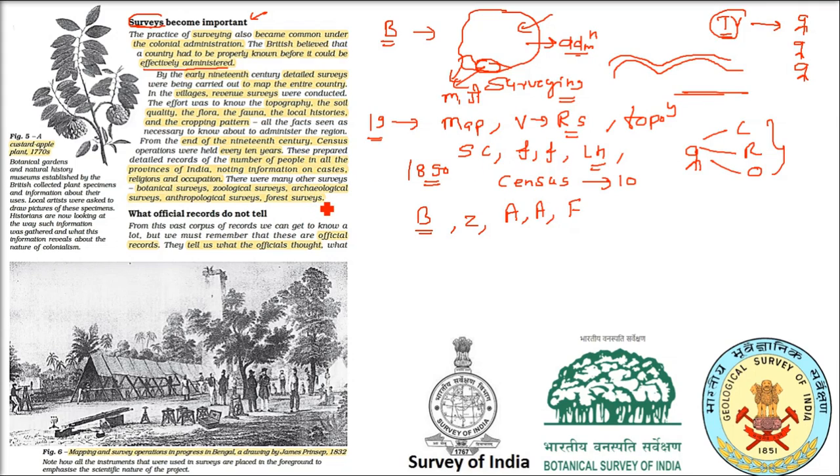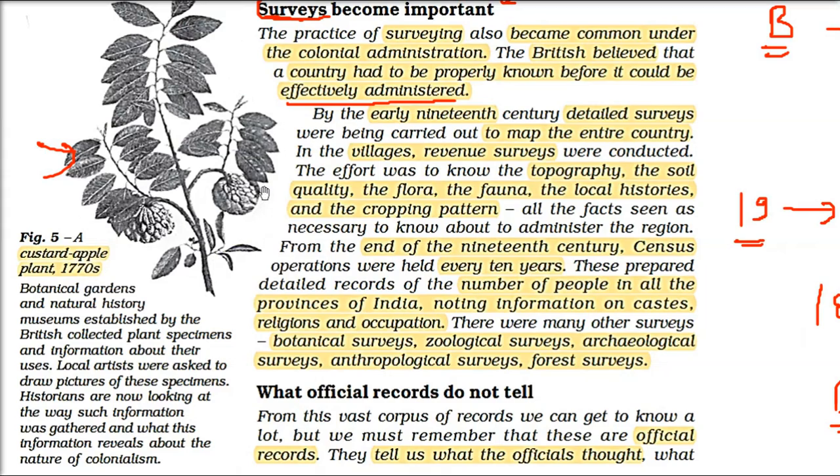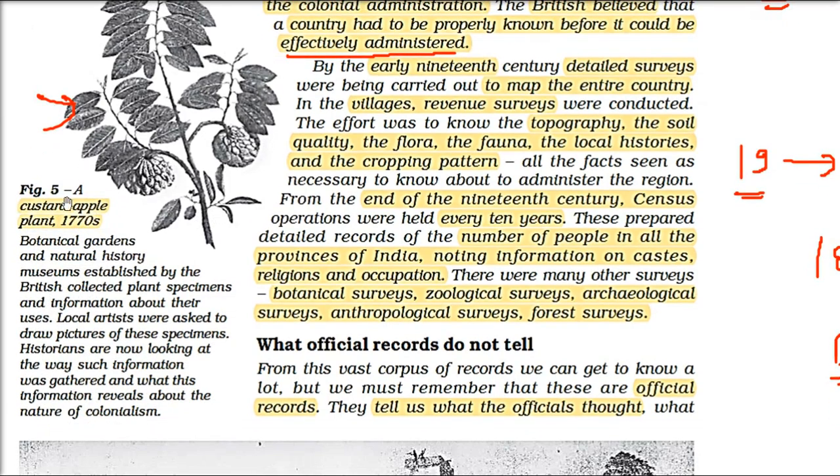You see the picture which I showed you here in the right below part. The Survey of India, the Botanical Survey of India, the Geological Survey of India, the National Sample Survey Organisation, all these are survey departments only. Okay, I'll just show you a picture, a very fine picture. It's Sita Phal, the wife of Ram Phal, the custard apple plant. So this also was so important. They went to each and every detail.